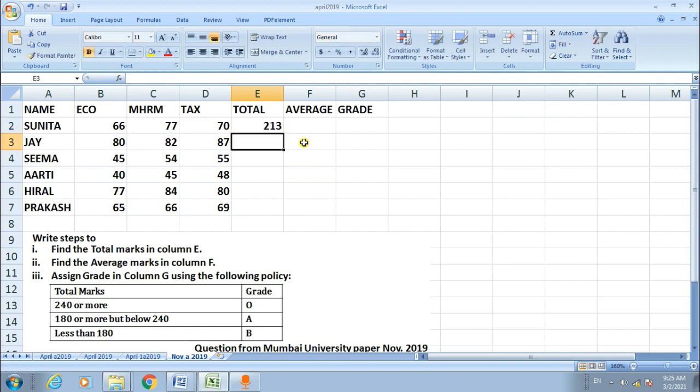Now, to copy this formula to all remaining cells and get the total of all, once again I select cell E2, activate the fill handle of cell E2 and drag till E7.